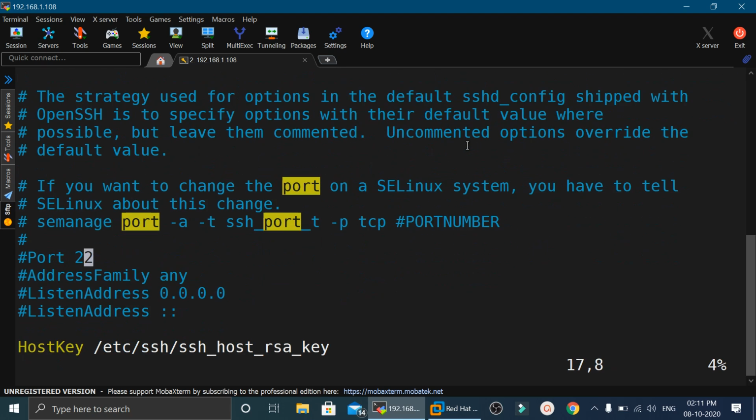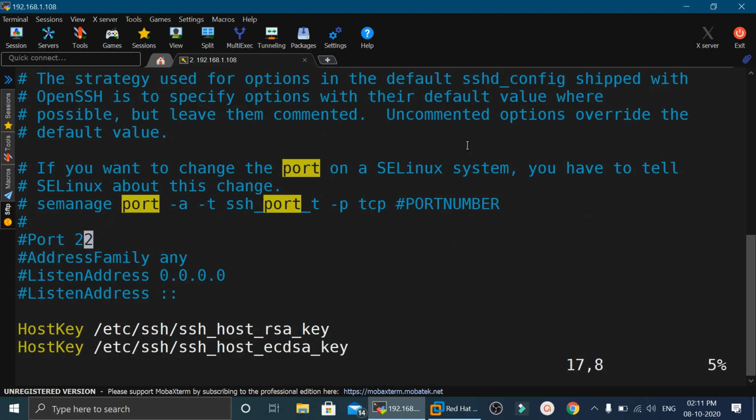There we will search for the port, and here it is. We will come down to this line, port 22, and we will uncomment it. So we will go into insert mode and uncomment this line, which is commented by default. Now we can assign a different port here that will be used for SSH. Make sure that you don't use a port which is already used by some other application. You can check that with the help of the netstat command, and after verifying, you can mention only a port which is not used by your machine. In my case, I'm going to use port number 5152 here for doing SSH.